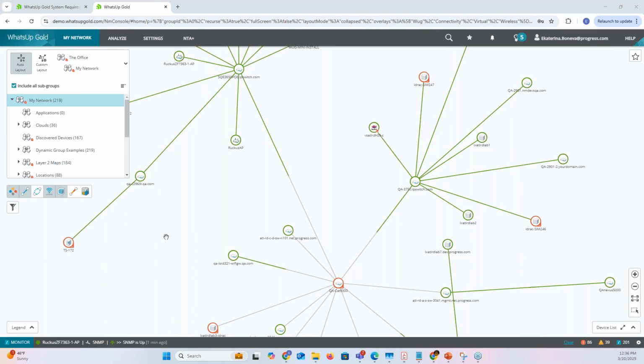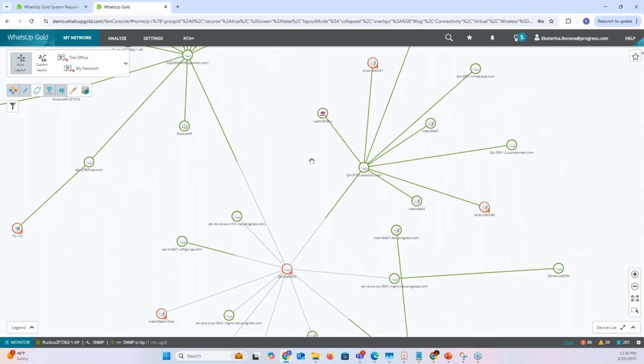Today, we will look into the WhatsUp Gold configuration management functionalities. So just briefly, first, what's WhatsUp Gold? WhatsUp Gold is a network monitoring solution which is capable of discovering and monitoring the entire infrastructure. While showing the functionalities, you will see the topology that WhatsUp Gold creates automatically, and also the device status, which is again shown automatically. The idea is to have really one single management interface where you can look at the device status,